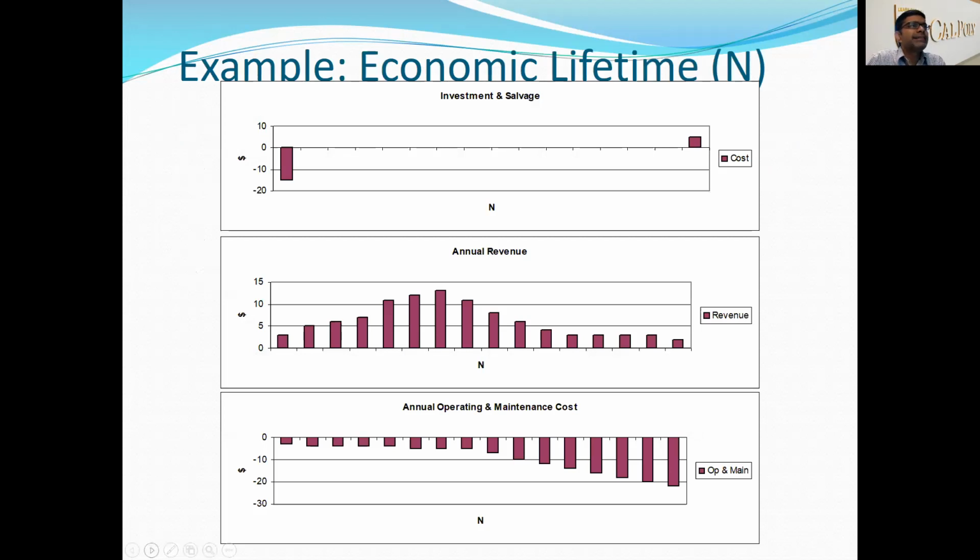So let's think about this through a cash flow diagram. And then N on this x-axis is the number of years that you'll have. And obviously you have a big cost at the beginning, and then you have a cost, but